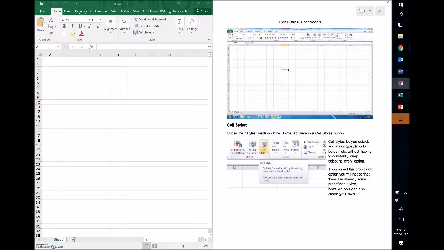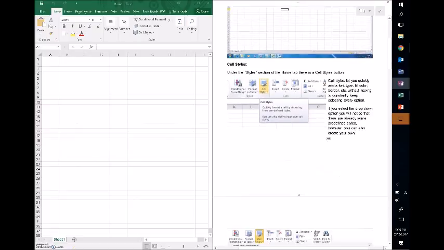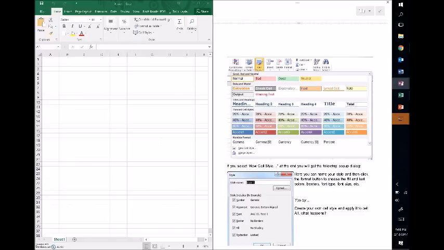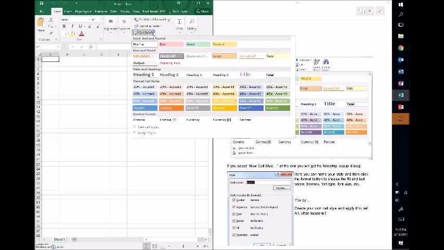On the first page of the packet, it talks about cell styles. I'm going to scroll down to the second page of the packet so you can see an example of what we're talking about with cell styles. Cell styles are just any sort of formatting that you want to automatically apply to the cell. For the most part, we're talking number style, color, and font. If you have information in Excel, you can go into this cell styles drop down